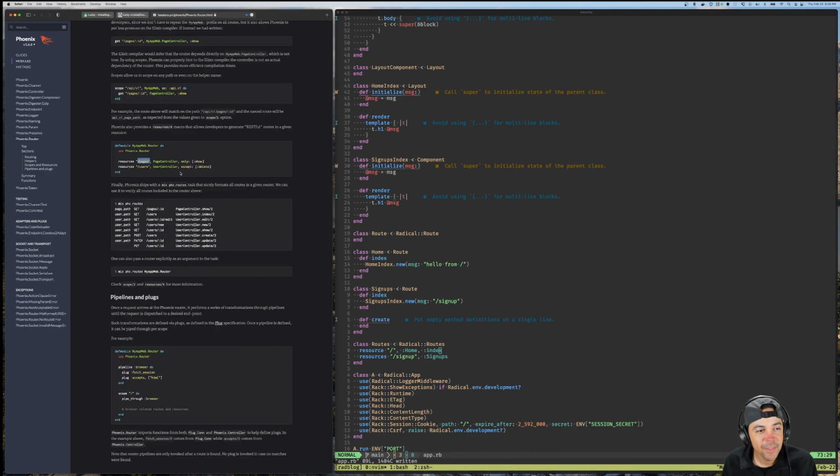So you can decouple the controller name from the URL, which I know you can do in Rails too, but it's not as nice, I guess. It's not required. And I know it takes away from the whole idea that you don't have to think about names, but yeah, it's pretty cool.